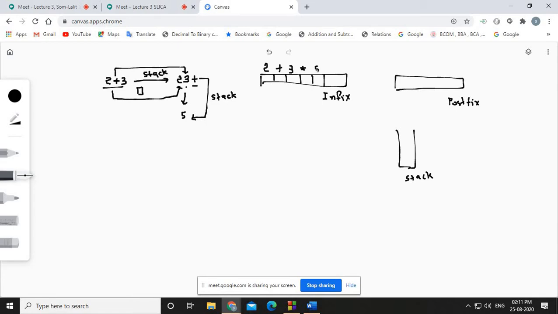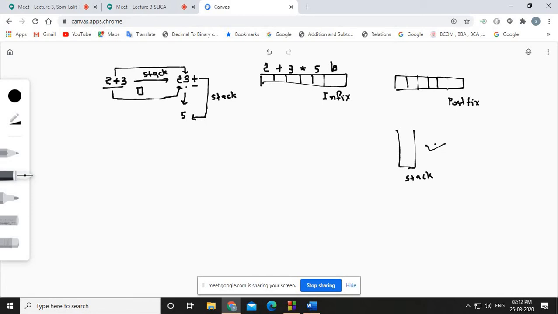When the user presses enter, what you need to do is put a null mark here. Whenever we take a string from the user and the user presses enter, the string ends with a null character, backslash zero. Now how can we convert this expression programmatically? Here we use a stack and write a program so that this infix expression gets converted into the postfix. This is my postfix array.